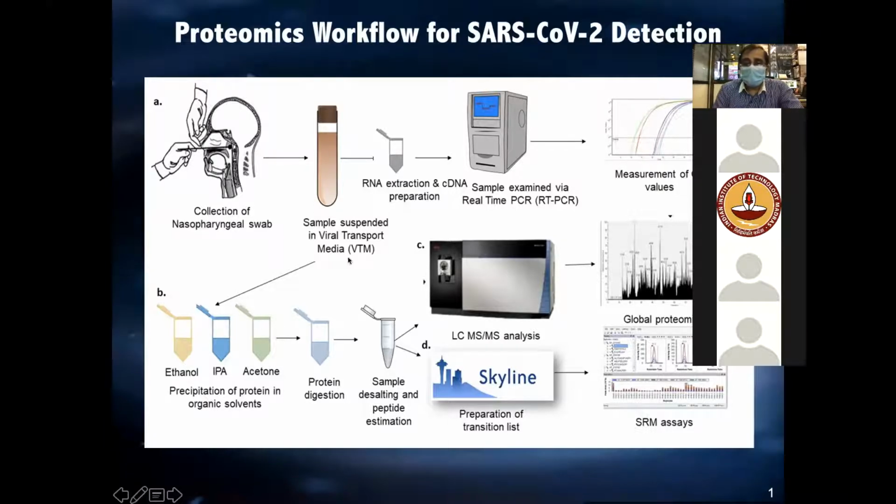So we get these samples from the patients, and we try different types of methods for extracting the proteins from the swab sample. Then we separated them in the LC-MS based approach using these Orbitrap instruments, and obtained this type of global proteome data set. Here you can see the same chromatogram which we are showing you live from the different experimental run which is happening.